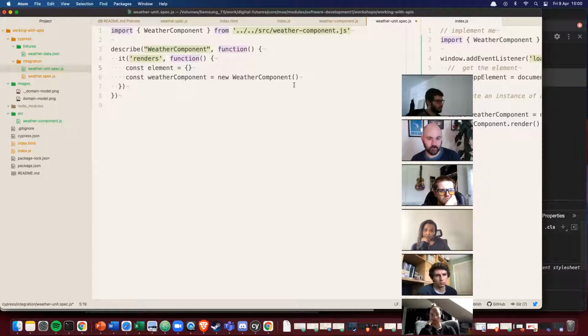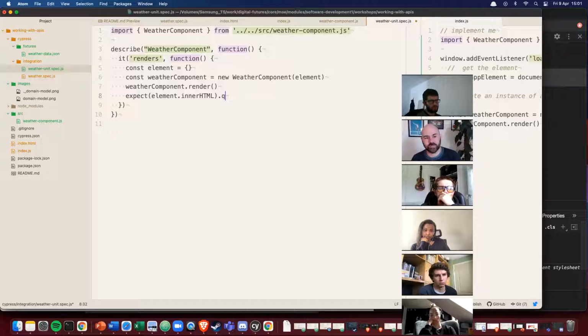And I want to call the render method, and I expect element.innerHTML